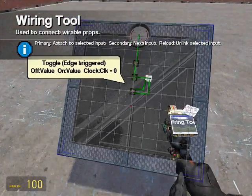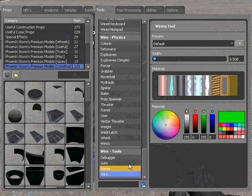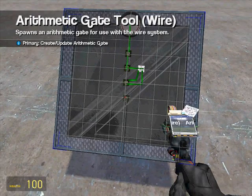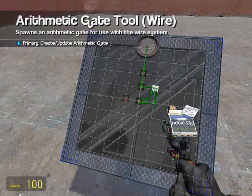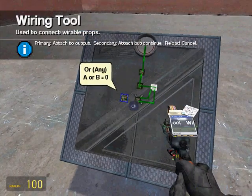now we obviously want this to change, but we want to be able to change it ourselves, because once our timer has reached however long we want the smoke to be emitting for, we want to change it back. So we're going to use a logic gate, or any. What this gate does is basically takes two inputs that are 0 or 1, and if either of those inputs is 1, the output's 1. So if you've got two buttons, then one's at 1 and one's at 0, it'll output 1. So I'm just going to stick that there,